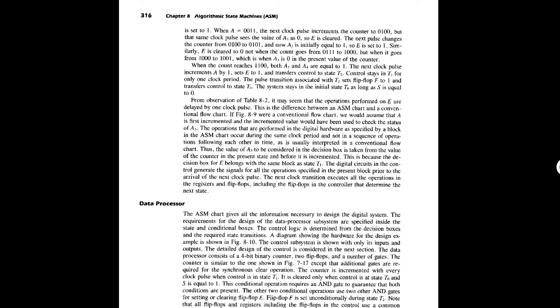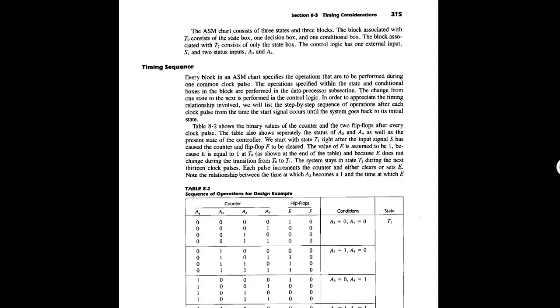Now as you can see from the operations, it might seem as if all of the operations are delayed by 1 bit. That is the main difference between a conventional flowchart and an ASM chart. In a flowchart, you would assume that we are going to talk about the present state, that in the present state itself there would be a change observed in the E bit. Okay, so we would think that if register A is equal to 100,